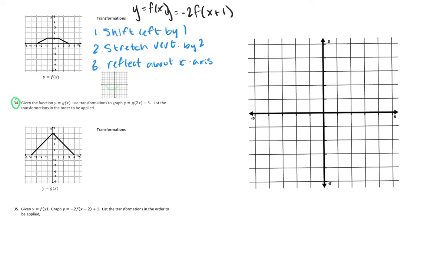So our transformations for this graph are going to be, our first one is going to be a horizontal shrink of 1/2, and that comes from this 2 right here. And then our next one is going to be shifting down 3 units, and that comes from that -3. And so when we look at our original function, it goes from,